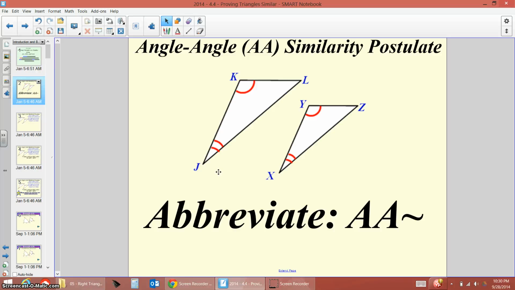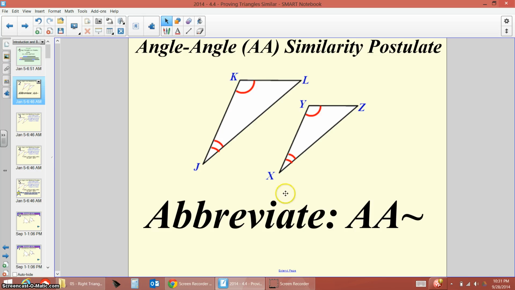We discussed that if two triangles were similar, then the angles in the triangle were congruent. Well, in reality, we only need 2 angles to be congruent. So if J and X are congruent and K and Y are congruent, from the triangle sum theorem, angle L and angle Z are also congruent. You can also call it the third angle theorem. So all we need is a minimum of 2 angles to be congruent, and we know that these two triangles